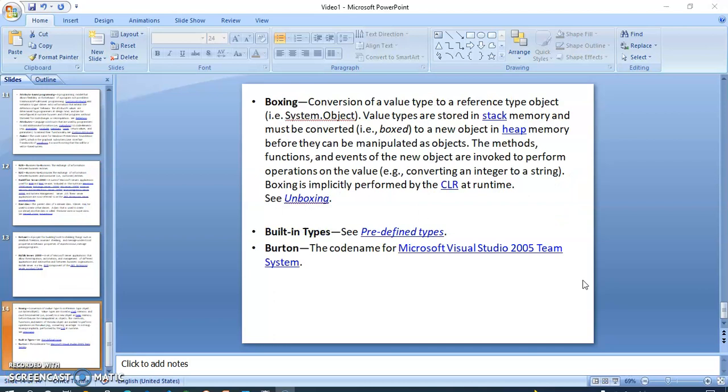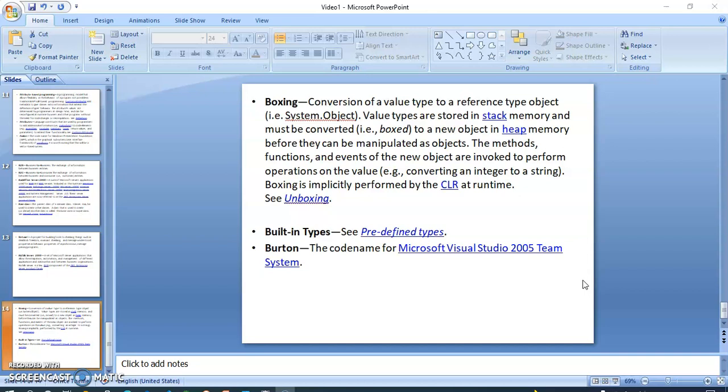Now we will discuss boxing, the conversion of a value type to a reference type object, System.Object. Value types are stored in stack memory and must be converted, or boxed, to a new object in heap memory before they can be manipulated as objects.